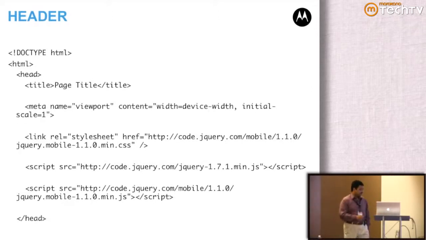One is to import the style sheet. Here I am pointing to the content delivery network on the jQuery mobile side, but you can ship it local. You can download it and ship with your mobile application. The second thing you need is the core jQuery library itself, and I am using a minified version. The third thing you need is the actual jQuery mobile library.